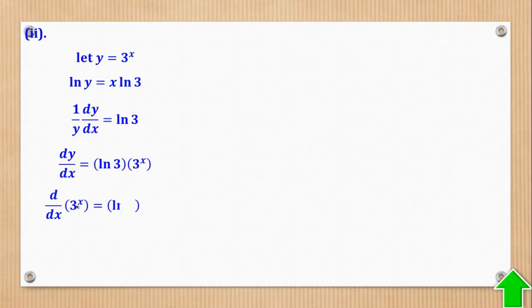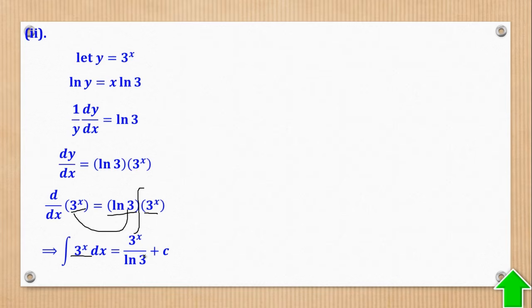So from there, I'll know that when I differentiate 3 to power x, I'll come up with ln 3 multiplied by 3 to power x. Because I get that, it implies that when I integrate this one, this will go this side to come up with 3 to power x over ln 3. So this is the formula I was telling you, that this formula is standard and it's there in your mathematical logbooks